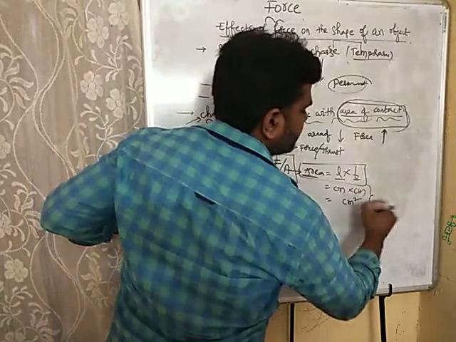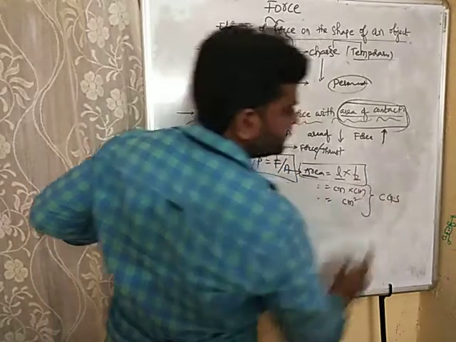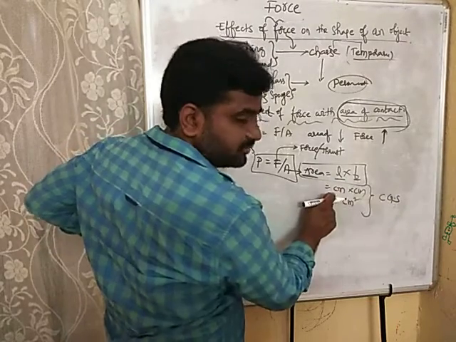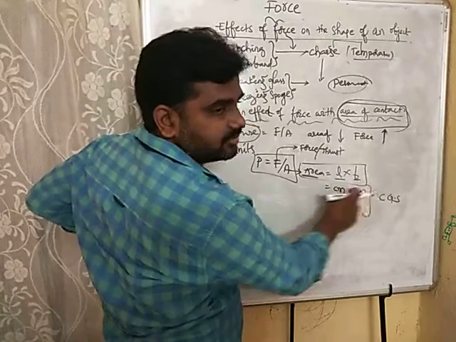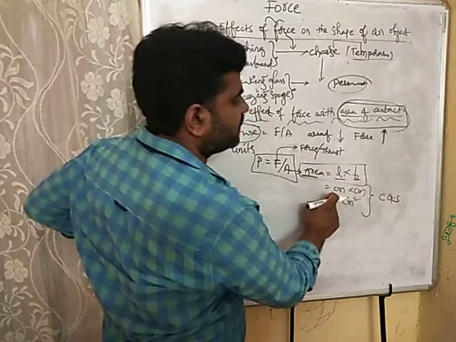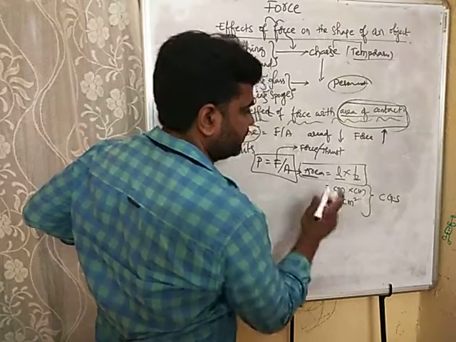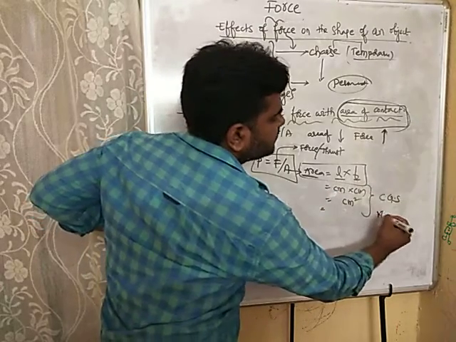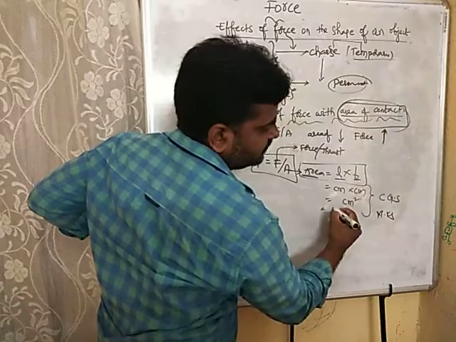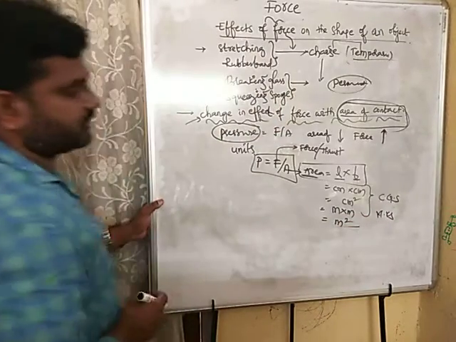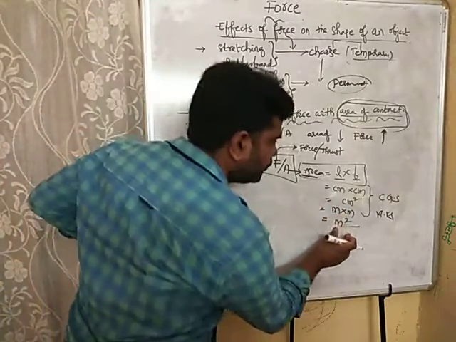We learned in the last class that in the CGS system, lengths are measured in centimeters. That's why I wrote cm and cm here. Cm stands for centimeter, and the multiplication of cm by cm gives centimeter square. For example, if it is in the MKS system, then meter into meter, so meter square. So we have derived the units of area.